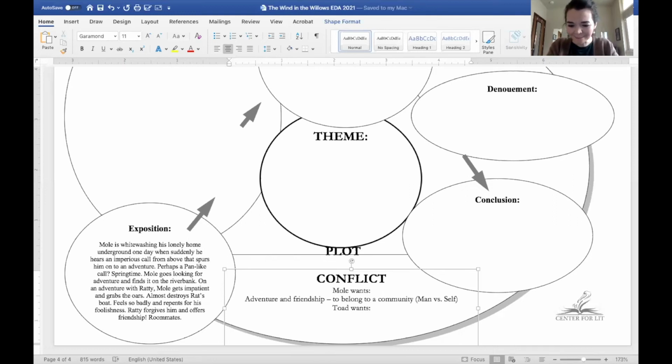Toad does all of these things that are wrong, and he's conceited and vain, and he's all about himself. And then when he comes home after his adventures, Ratty, Mole, and Badger, that's when he realizes